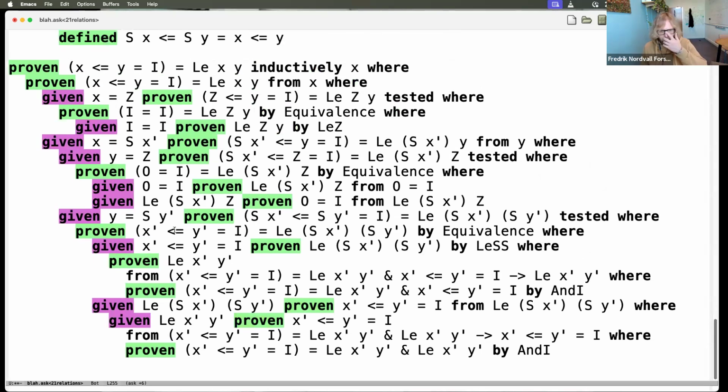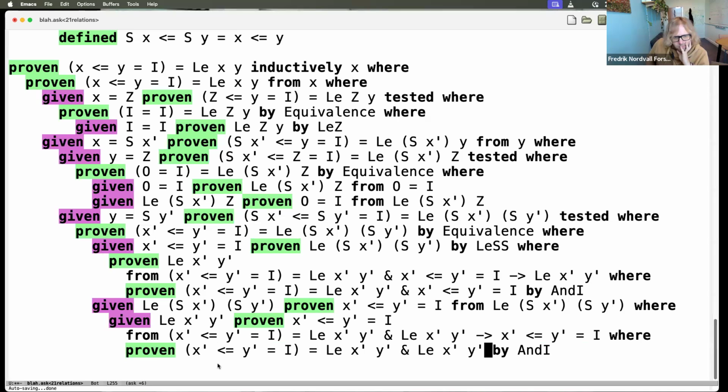So there we are, folks. We introduced a notion of logical equivalence, and we have used it to show the equivalence of a logical notion of less than or equals between two numbers, and a practical computational way of testing whether one number is less than or equal to another.